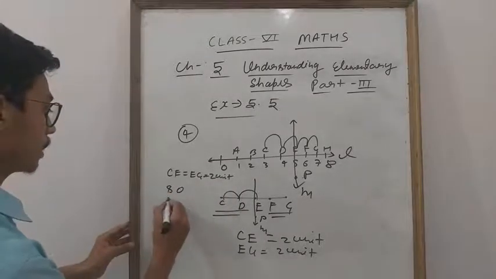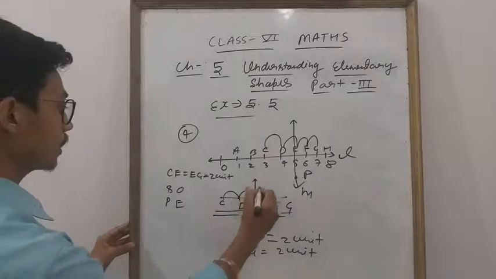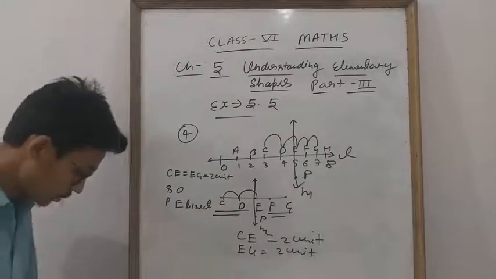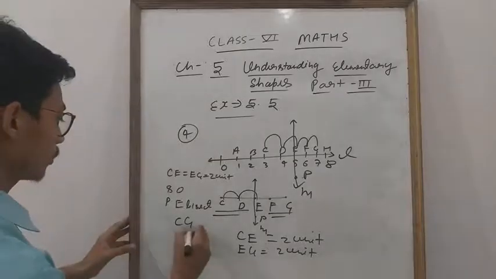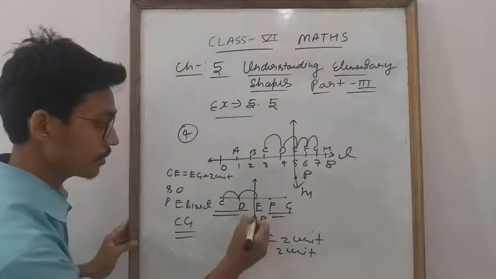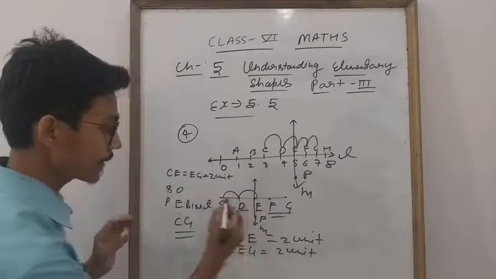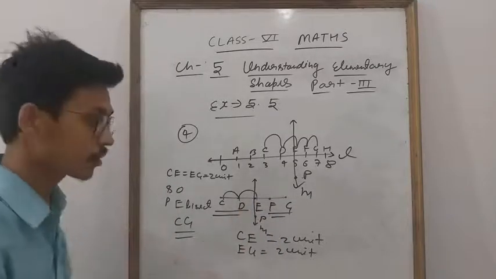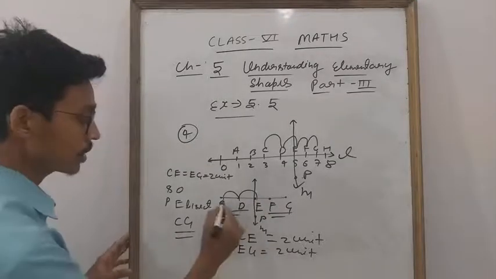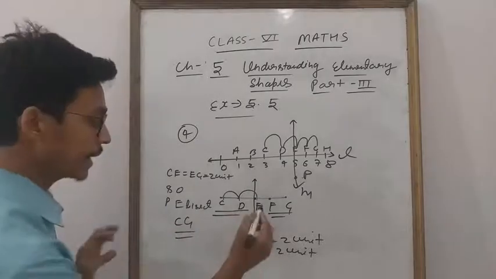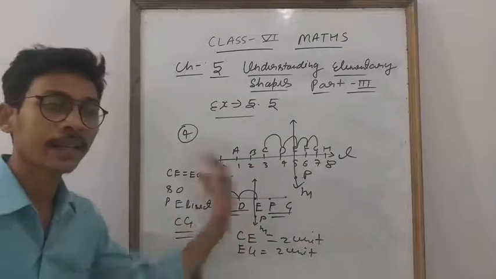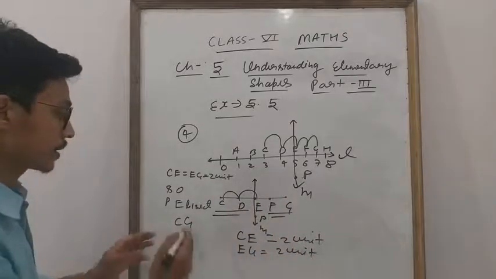So PE bisect, what is in the question? CG. Okay, PE bisect CG. Why? देखो again PE, this is given P or E. PE bisect CG, it is given. तो कैसे? How you will find out difference? See, you will find out distance C to E because E is the midpoint. So C to E 2 unit and E to G again 2 unit. So you can say the distance from left hand side and right hand side both are same. So it means PE bisect CG.